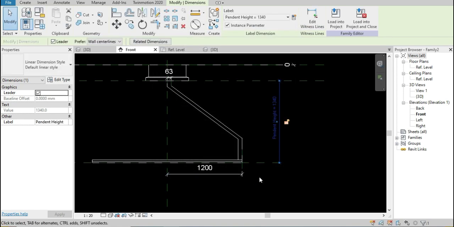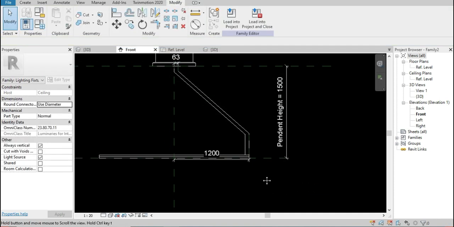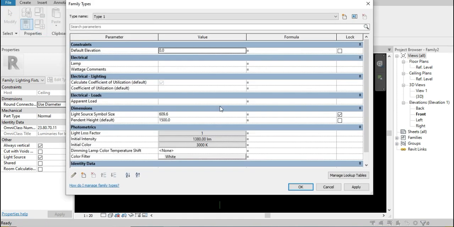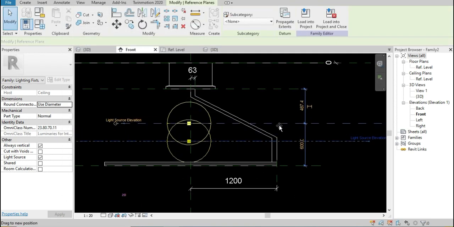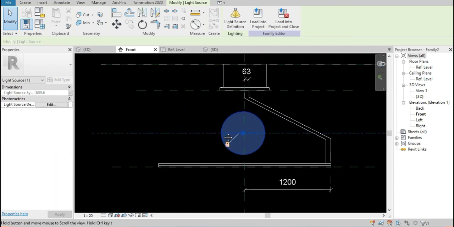Okay, so go to family types and we'll change the pendant height. Yeah, it's working. It's successfully working. So last step, we'll add one light source to this lighting family.